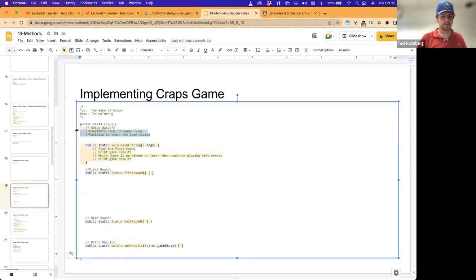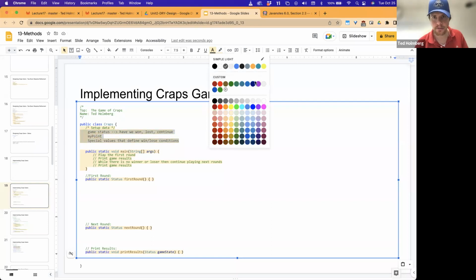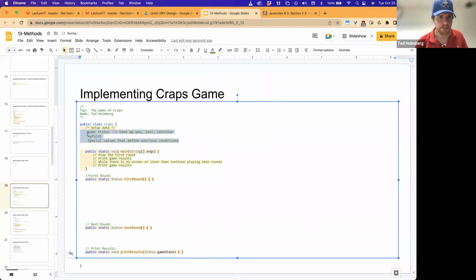I want to use this. These comments, and let's change that color to whatever it is, green. Perfect. There we go. So I'm going to define, so I'll go ahead and put my data model that I have